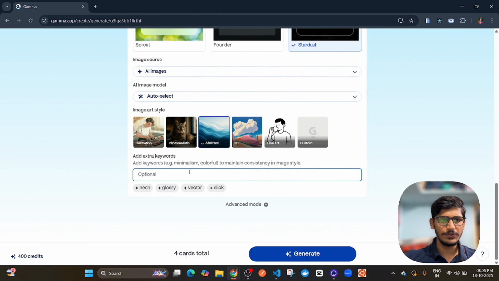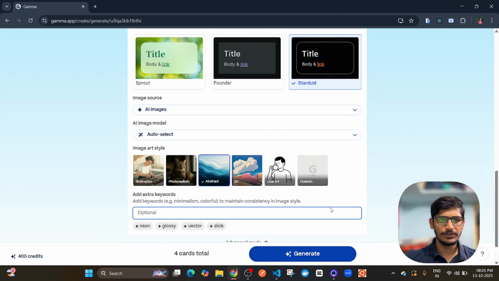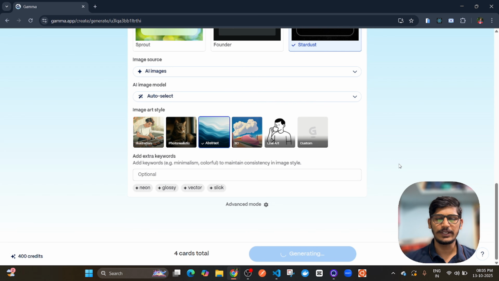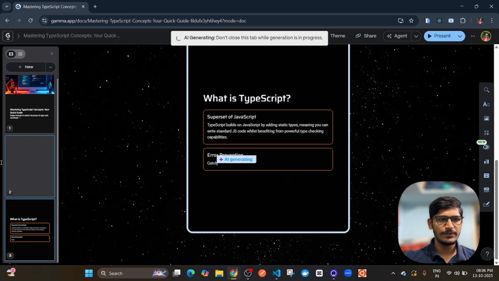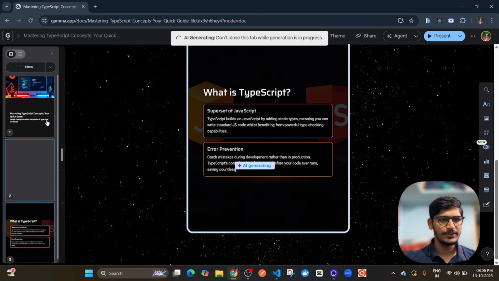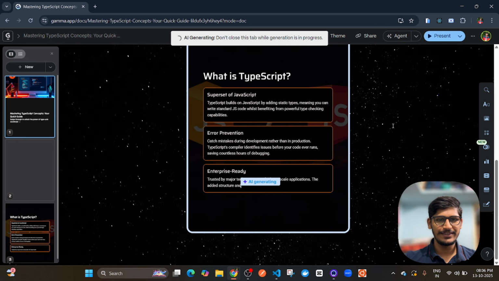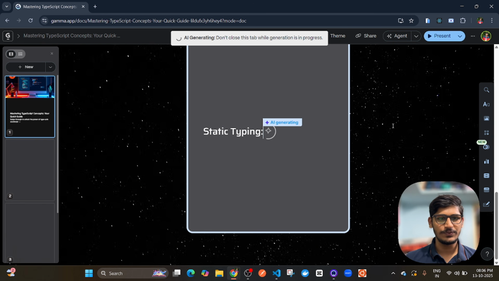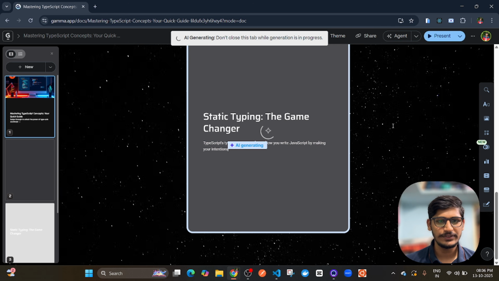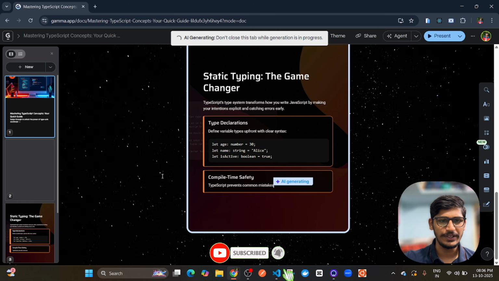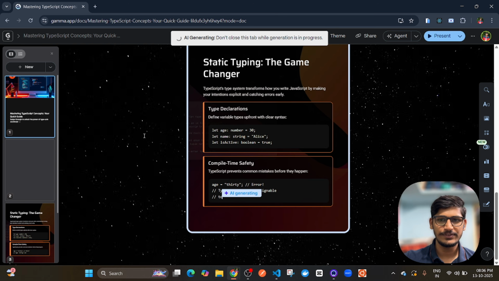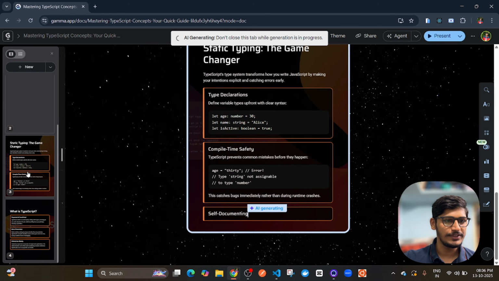Any keywords we can use to generate a social media post on TypeScript. Let's generate all the pages of TypeScript. It is really stunning. What is TypeScript, a superset of JavaScript, typing, static typing, and the game changer. It is already writing the entire code with examples. Looks really stunning. Keep on writing